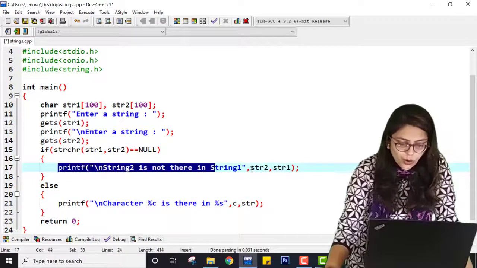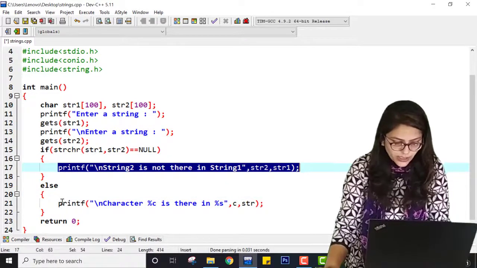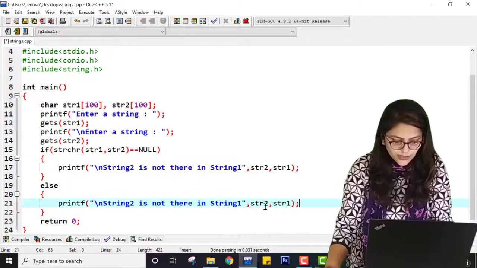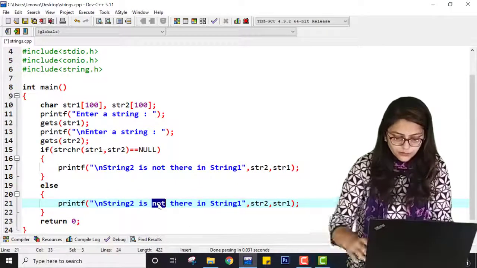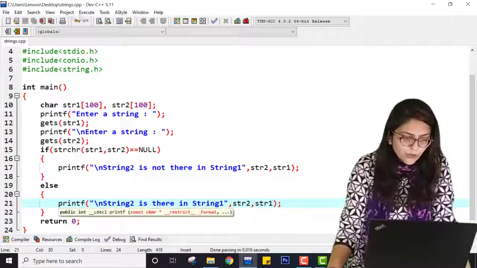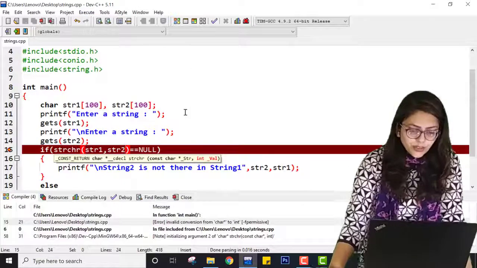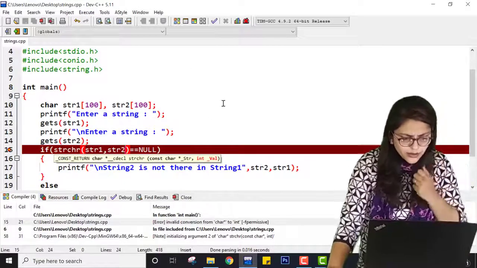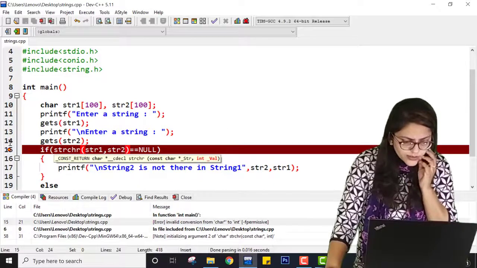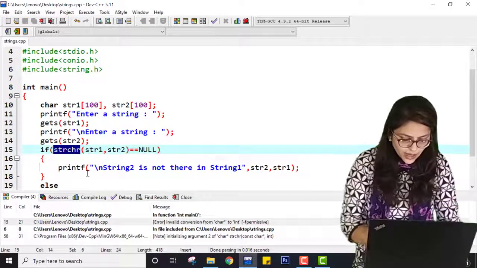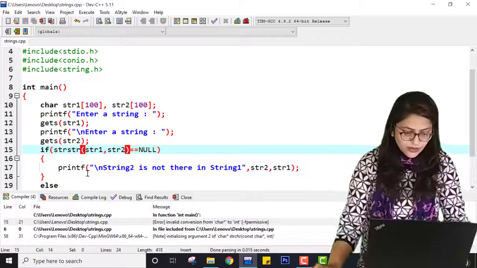Now let me copy this and paste it over here, save the program, compile it and run it. It is throwing me an error. What error is it? Okay, here it will be strstr, right?